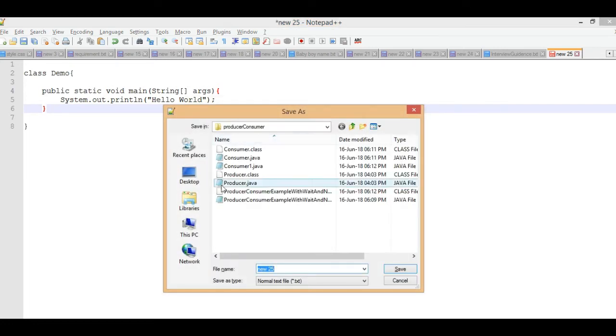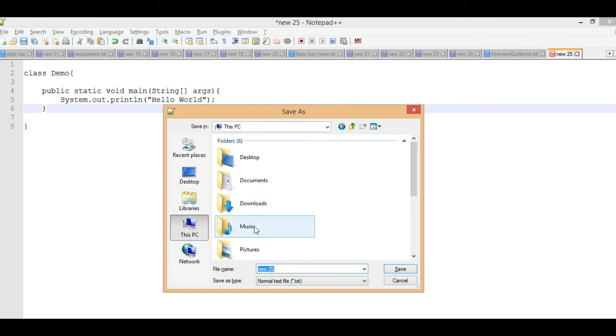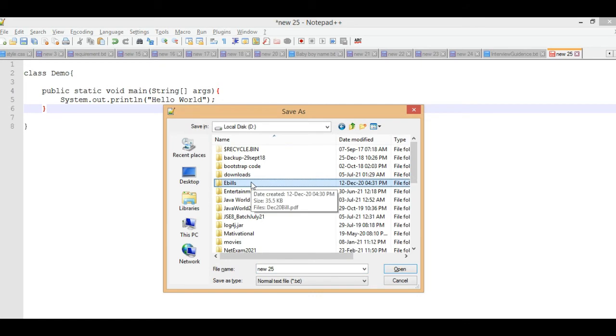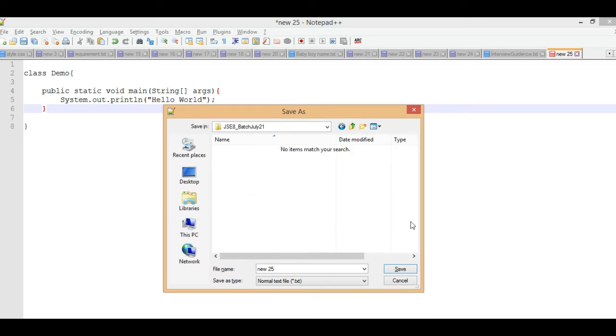So I'm saving here, giving the path, demo.java. Either we save the file in double quotes as demo.java, or you can remove the double quotes itself.